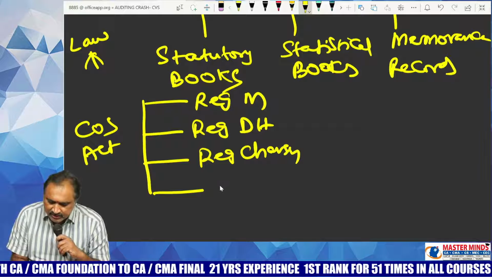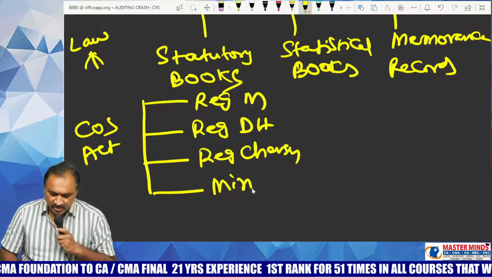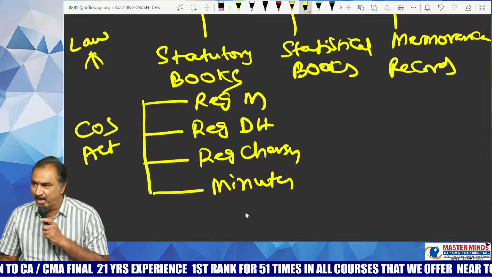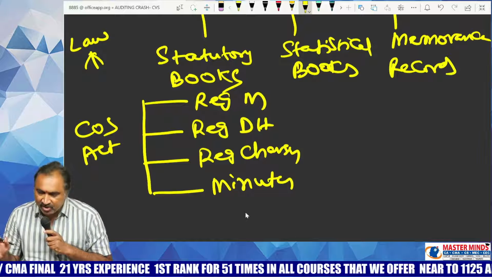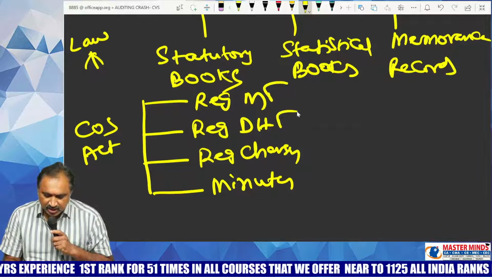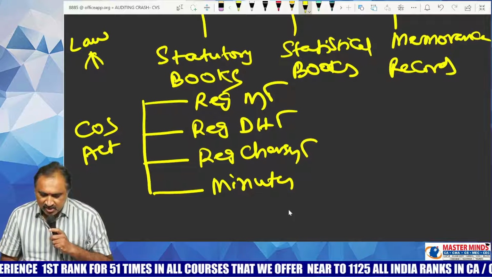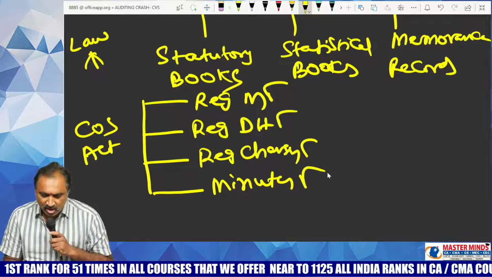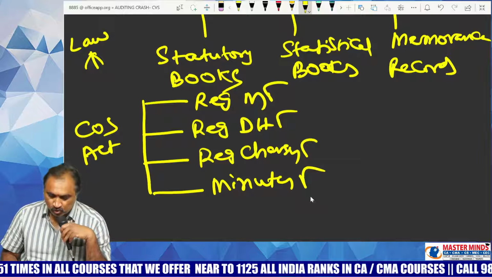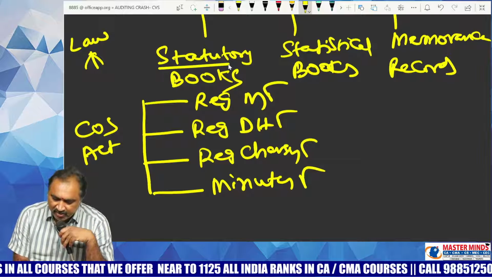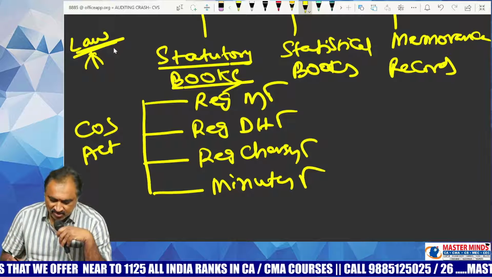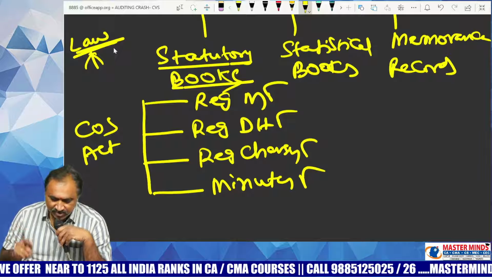These are said to be the best examples of the statutory books that are required to be maintained by every company. I know very well that you have good knowledge about the terms Register of Members, Register of Debenture Holders, Register of Charges, Minutes Book, etc. These may have been learnt by you under corporate and other laws. So, any book maintained by the company as per any law for the time being in force can be accessed by you as an auditor. That is point number one.